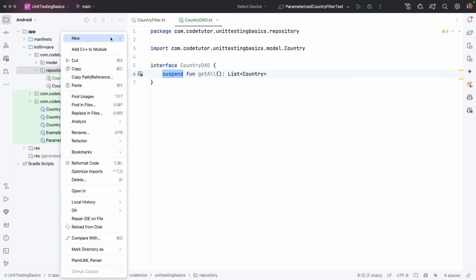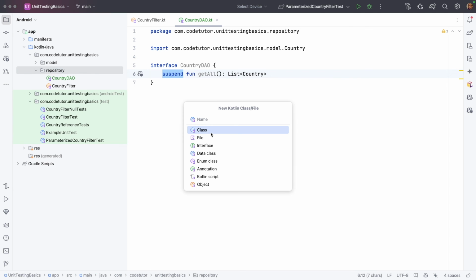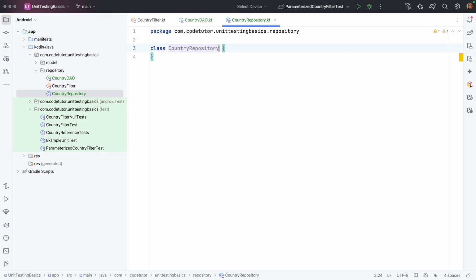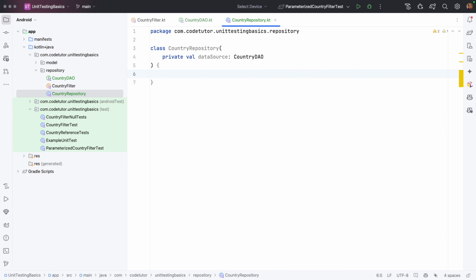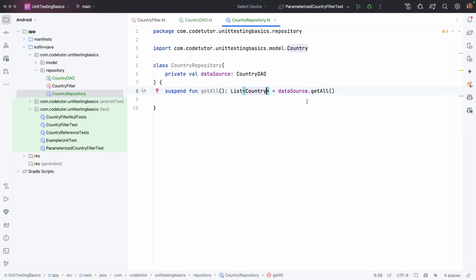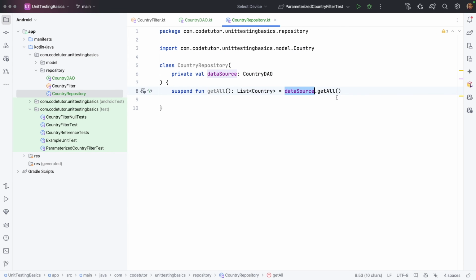And now let me create the repository itself. Let me create a class called country repository, and this country repository should take the data access object as the constructor parameter, because a repository always depends on the data access object. So I will create a private val data source, which is country DAO. Then inside this, let me create a couple of simple functions. Both of them would be suspend functions. One is getAll, which basically delegates to data source getAll. And then let me write another suspend function,